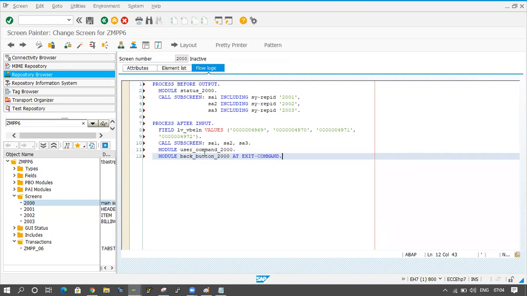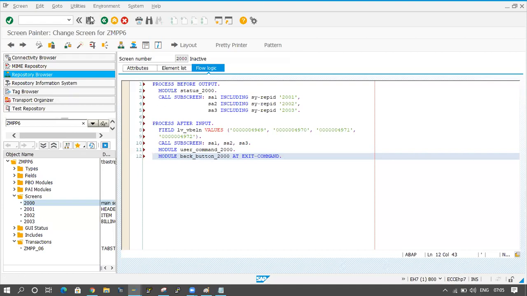So first of all it will execute this one, and after that it will come to the line by line execution. Wherever the at exit command module is, whether it is in the 20th line or the 50th line, first of all it will execute that line. After completion of that line, it will come to the validation part, executing line by line. So I will check that one also.